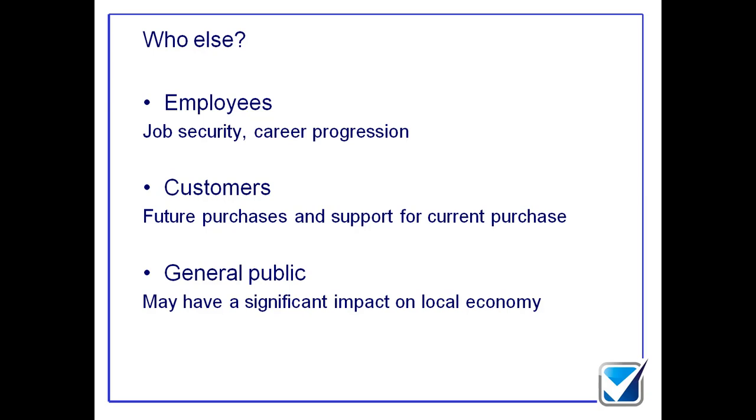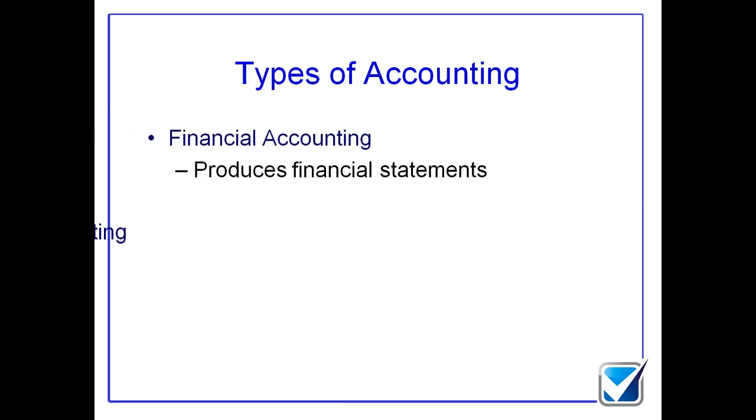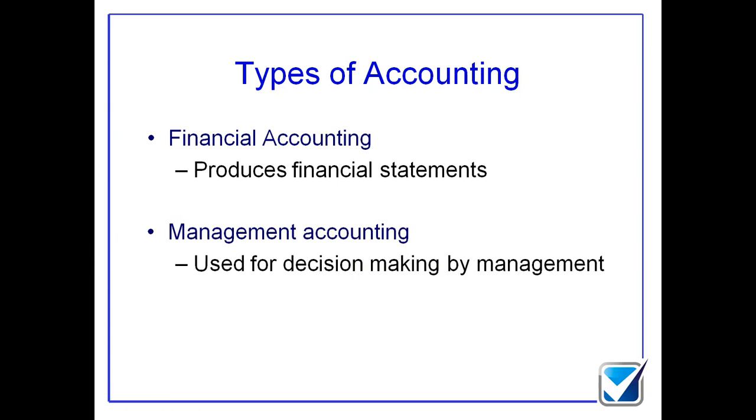So all of these different aspects, all these different users have very specific requirements. I need to make sure that I can fulfill their requirements by producing some sort of financial information. The financial information that I'm going to produce will be in two main forms: financial accounting information and then management accounting information. We're going to focus in on the management accounting information on a different course, and we're going to focus in on the financial accounting information on this course. Okay, so management accounts is a separate day, financial accounts is this day.